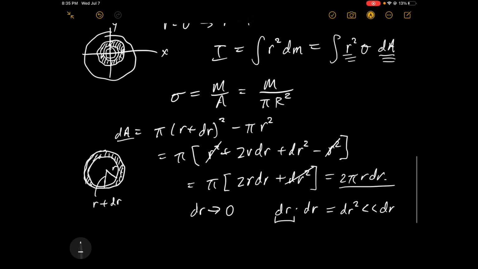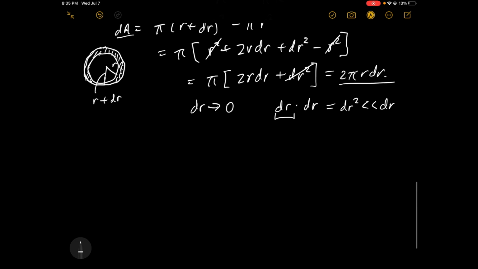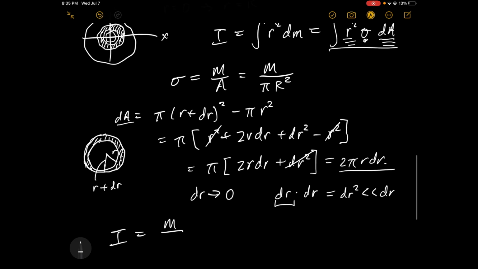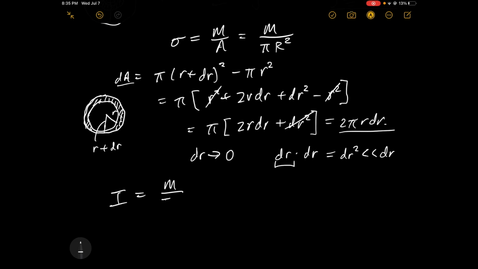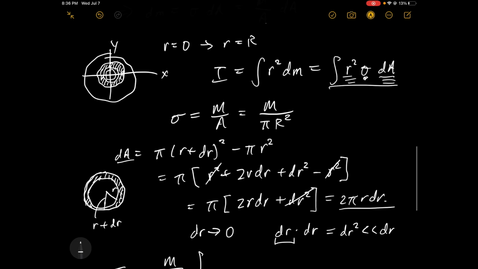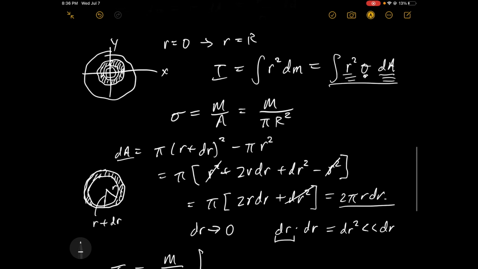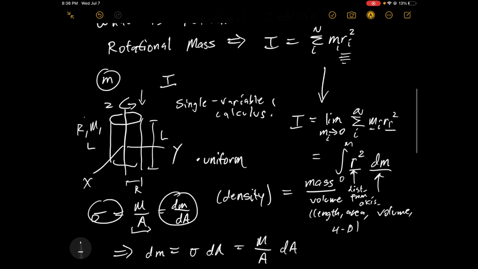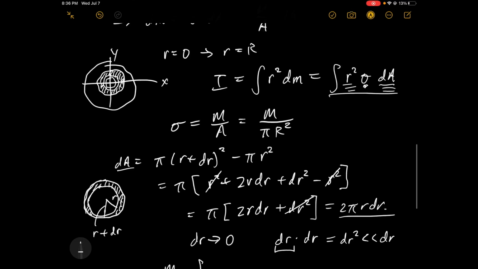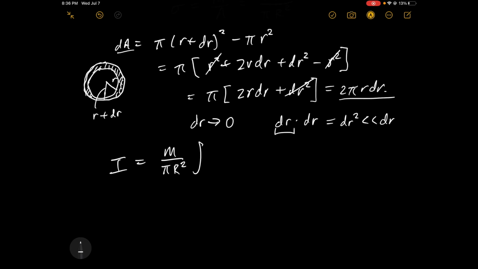And so if we go back to here, then we can rewrite the integral as I is equal to the mass divided by the area, right? Because that's the sigma here. And the area, as we know, is pi r squared. And we integrate r squared, right? Because it is the distance from this axis. And imagine like there's infinite particles, I guess. And that's the distance from the axis of r squared, and dA was 2 pi r dr, and we go from r equals 0 to r equals r,